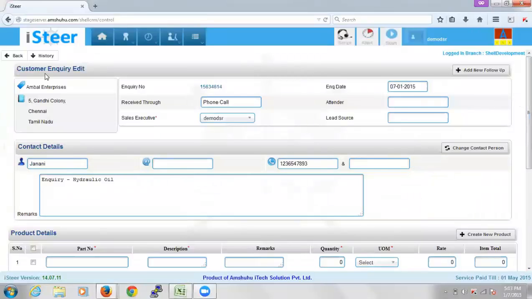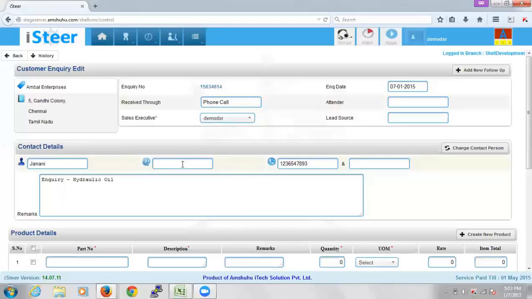So this is the inquiry form. It displays the inquiry number, the inquiry date, the mode through which the inquiry was received, whether a phone call or an email, and who attended this inquiry initially, then the sales executive who has been assigned to this particular lead, and then the contact details are displayed here. So you have the contact's name, his email ID.